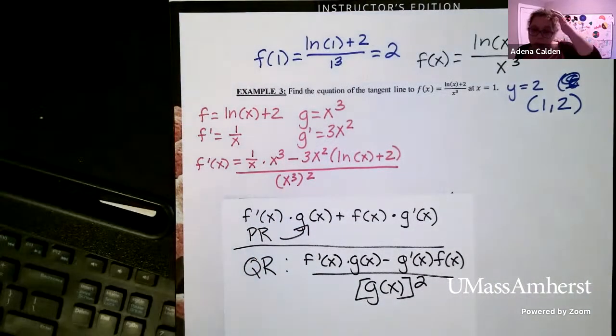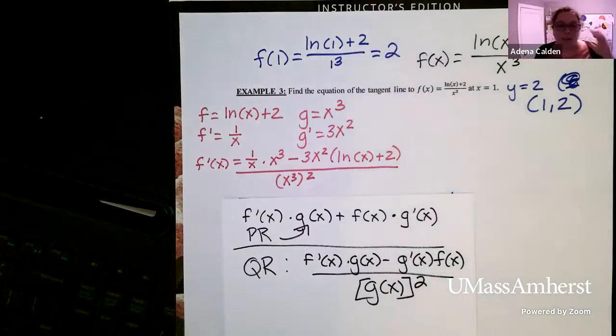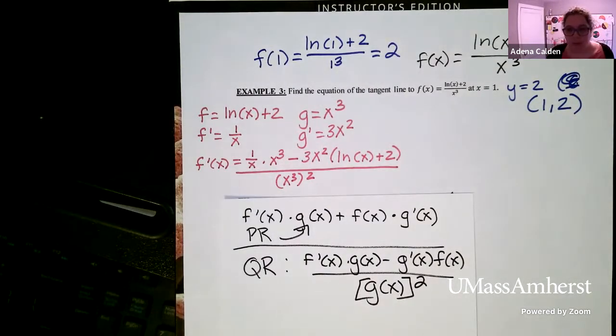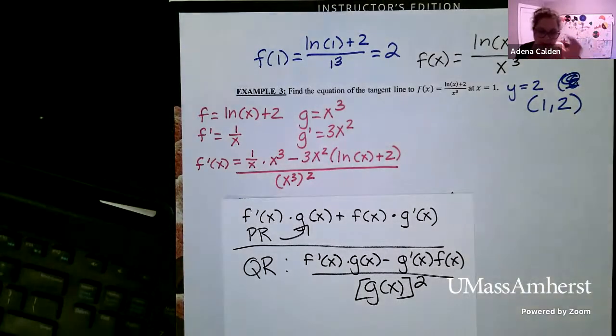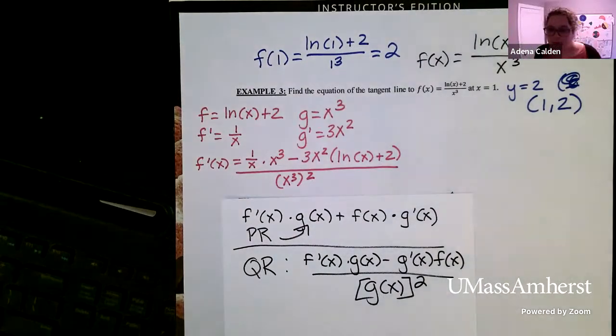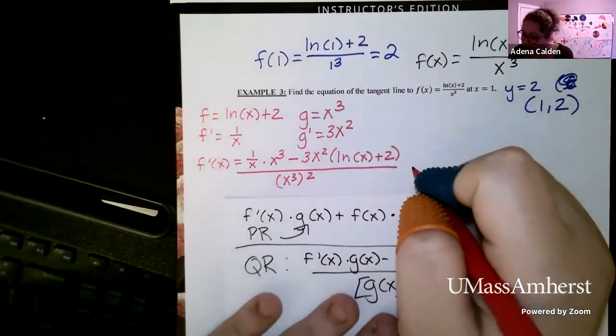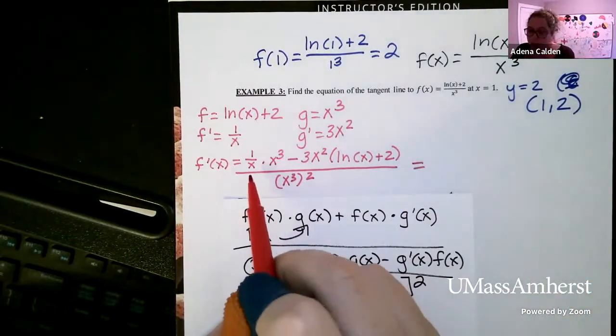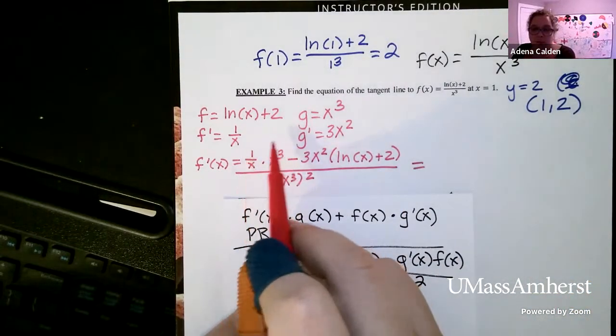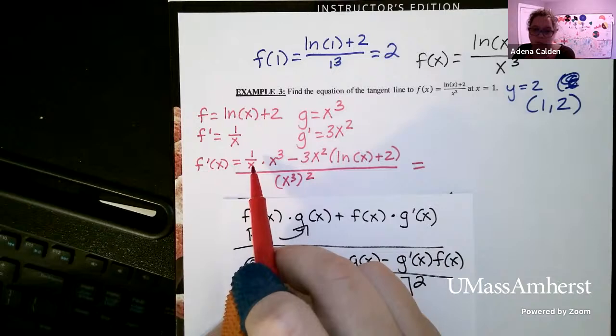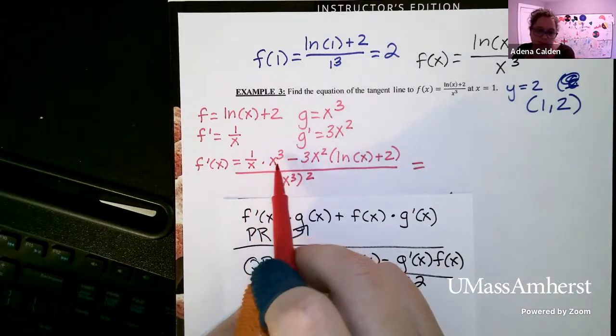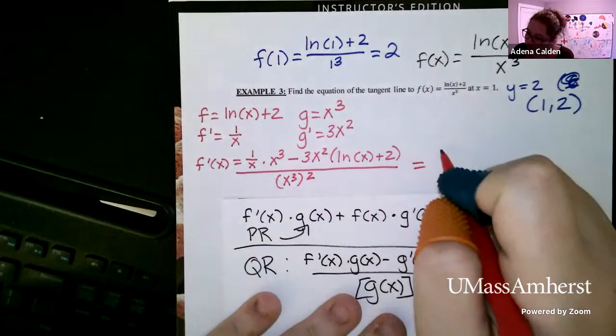Okay, so you have a choice at this point. You can simplify and then plug in the 1, or you can plug in the 1 as is. It's really a matter of preference. I'm just going to plug the 1 in to see what we get here. So when I plug a 1 into the first term here, I have 1 over 1, which is 1, times 1 cubed, which is another 1. So 1 times 1 is 1,